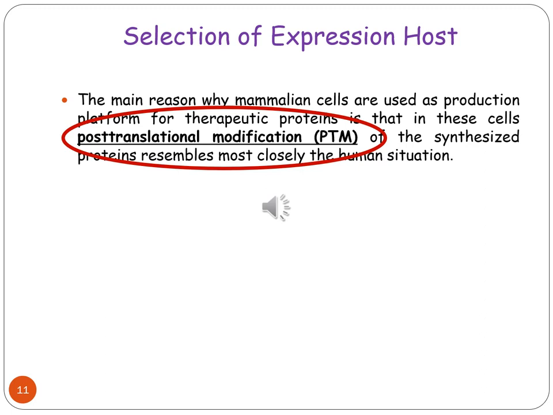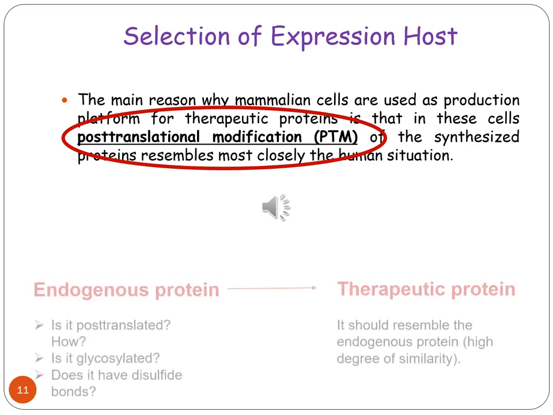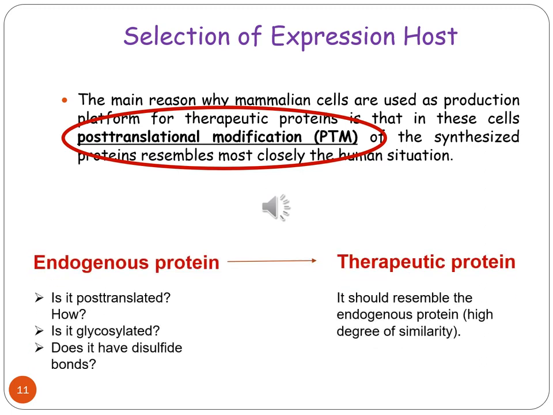We have many post-translation modifications, but we need to know that we always produce the therapeutic protein according to the endogenous protein. If the endogenous protein is post-translated, we have to